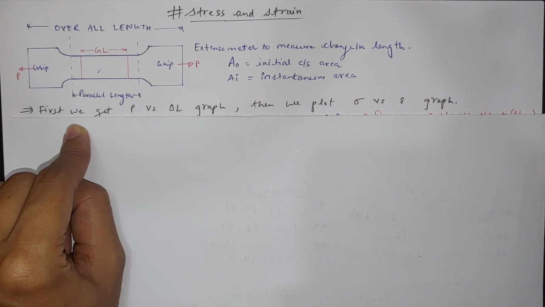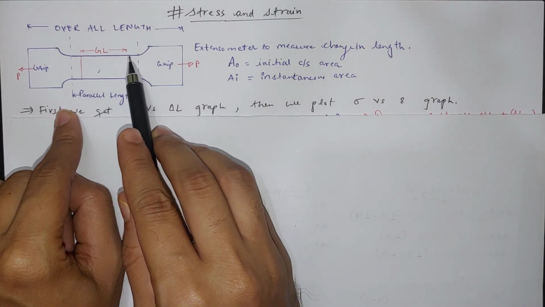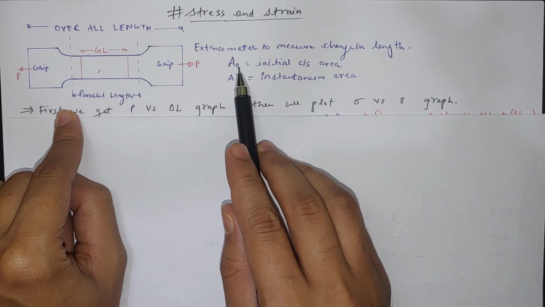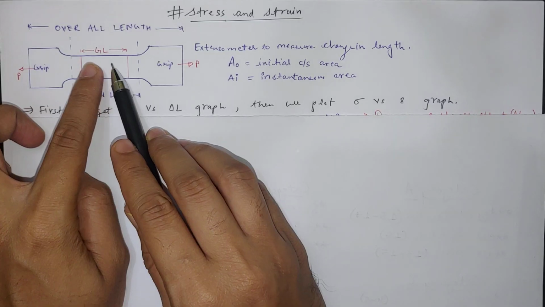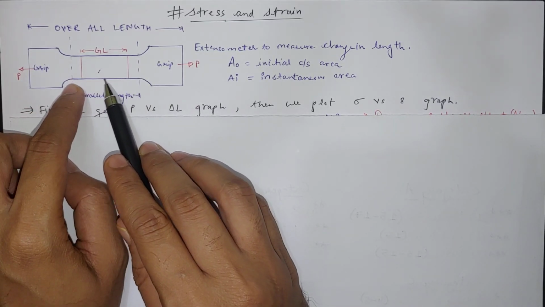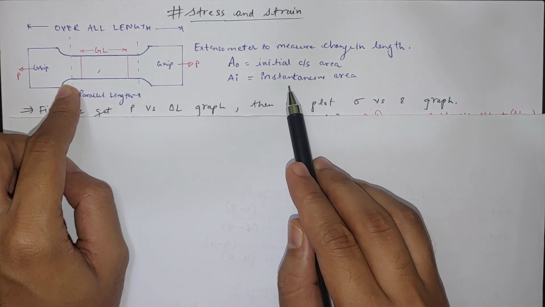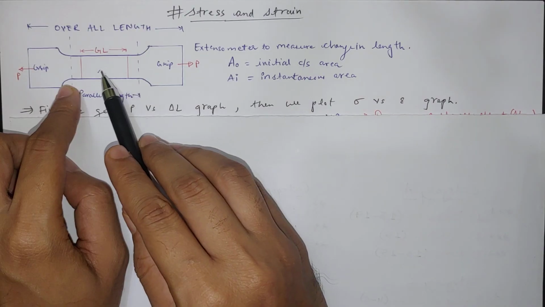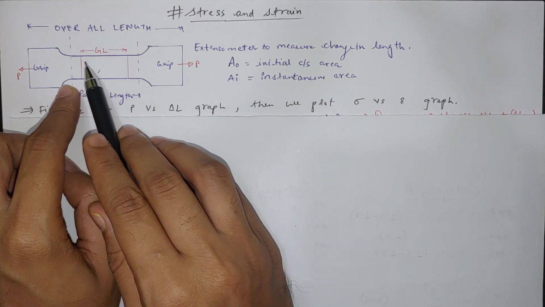Now you see here, A naught is the initial cross section, so here the cross sectional area will be A naught. And instantaneous area means after we pull it, there will be a phenomenon in which there is a reduction in cross section. So at that time we will say that Ai will be the instantaneous area, meaning the area at that particular time, which we call Ai. So A naught is the initial area